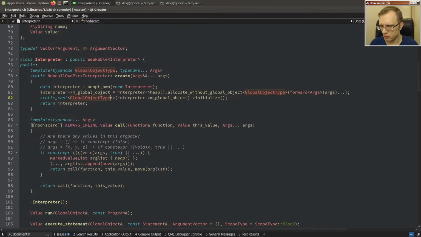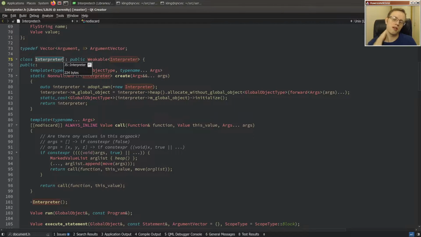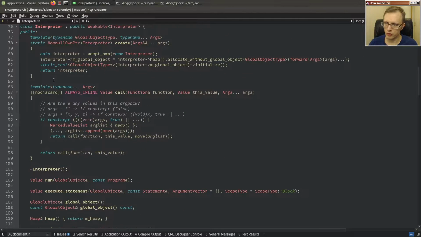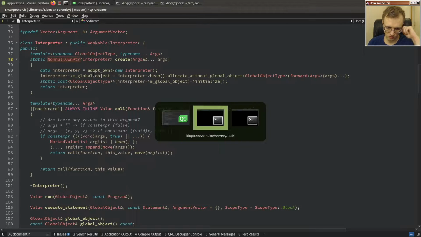Another approach could be to separate things out, so the interpreter would be a thing that you almost create on the stack where you want to run some code, and we would have more of a virtual machine object that is persistent in memory. So you would have a JavaScript VM object that sticks around, and then when you want to run some code, you construct an interpreter. And then let's see, how would that look? So it will be something like